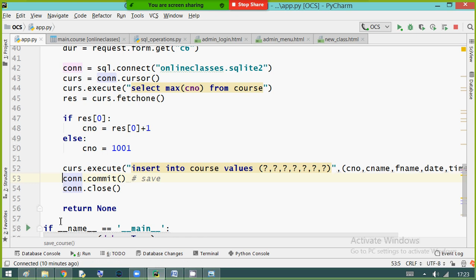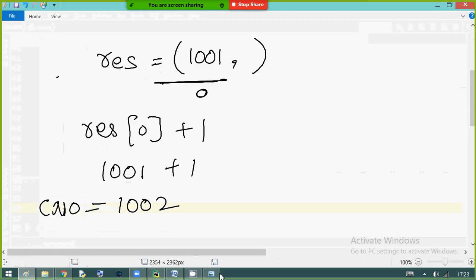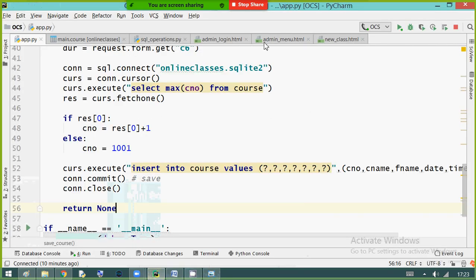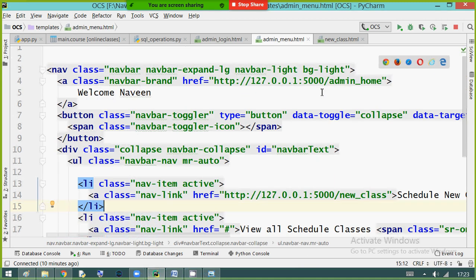Once you have successfully inserted, temporarily I am going back to my main page, our welcome page. This one, admin home, I am going.